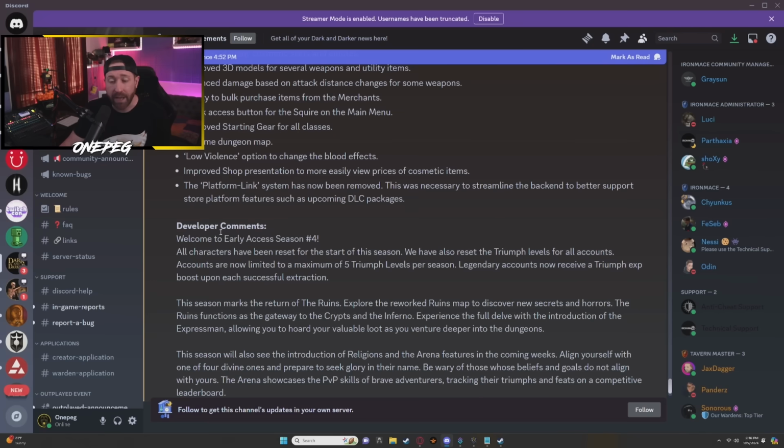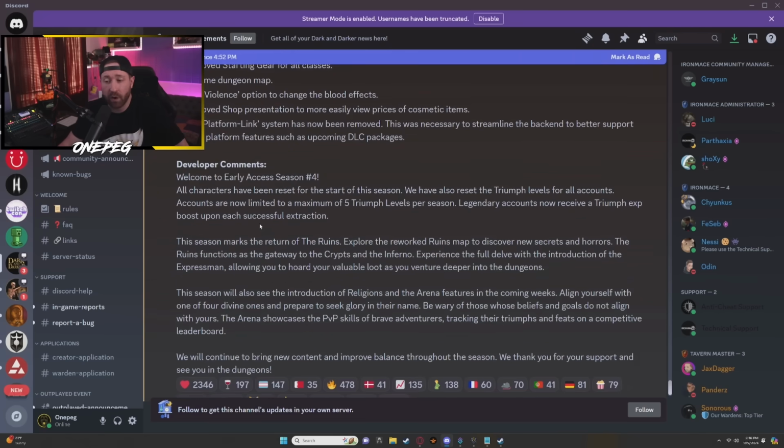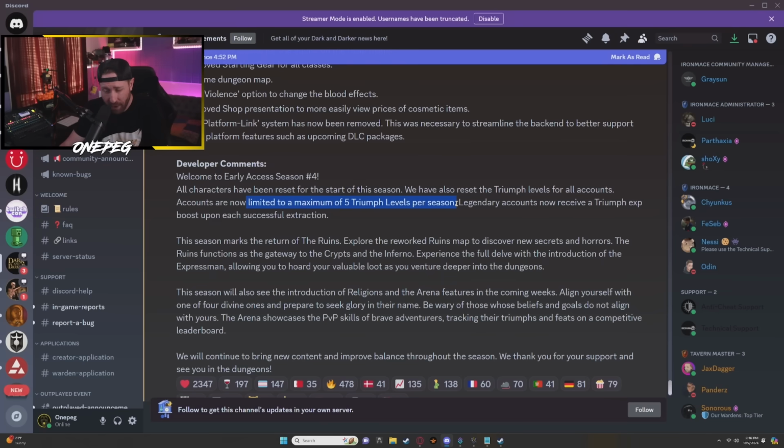I wonder why. Okay, so this says, welcome to Early Access Season 4. All characters reset. Maximum of 5 Triumph levels per season. I kind of glazed over that one. So the Triumph levels are the blue stone shards. You're going to be limited to only 5 Triumph levels. I'm not sure exactly what the grind will take in order to earn the 5 shards,